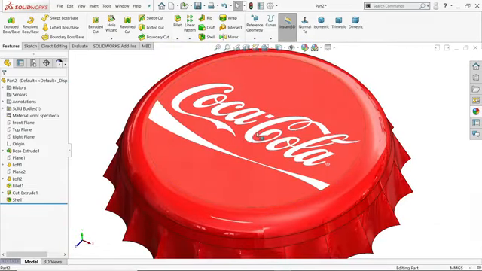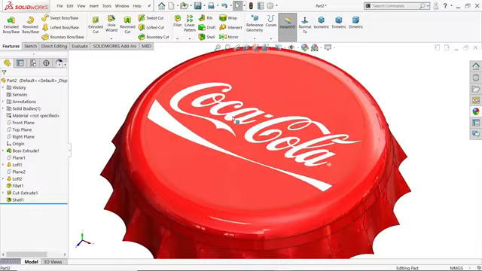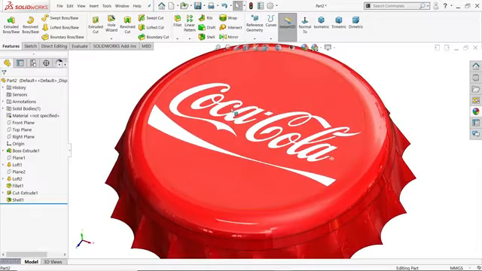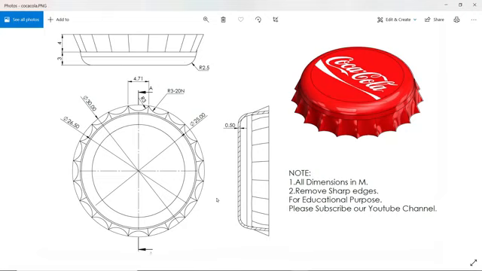So let's see how to make this cap with the help of this Coca-Cola logo. Let's start to create the Coca-Cola cap. Now here you will see this outer diameter 30 millimeter and you will see this radius R3, 4.71 millimeter is the distance and we need 20 number of things.